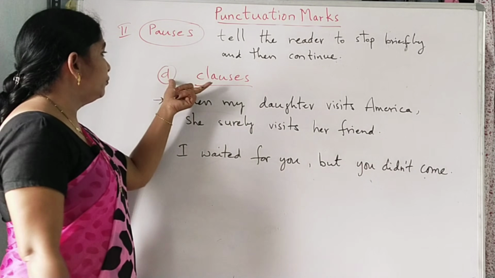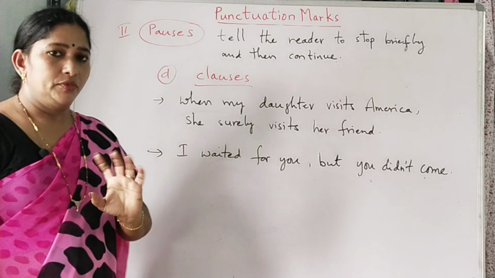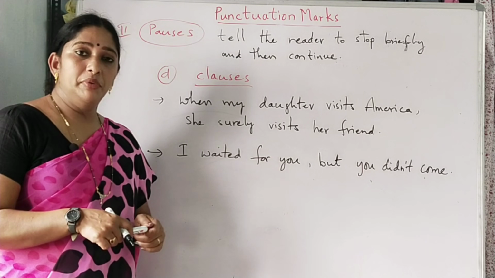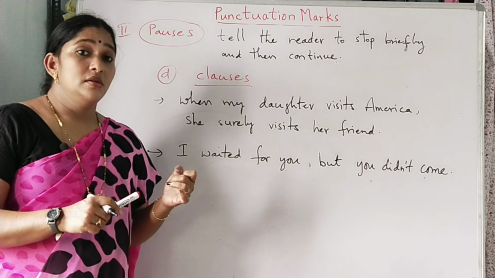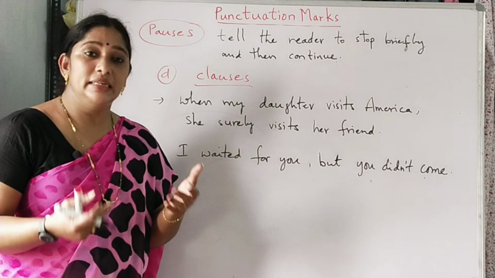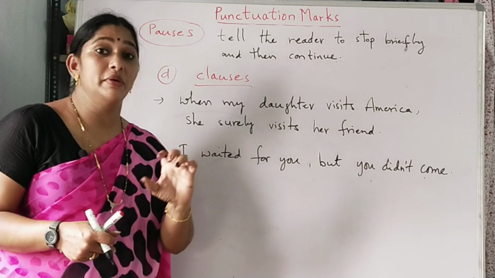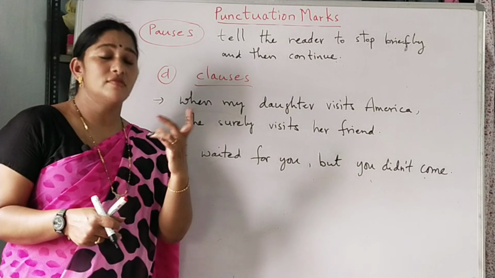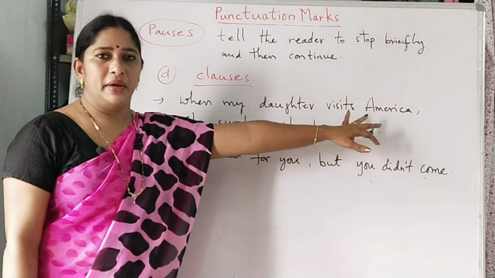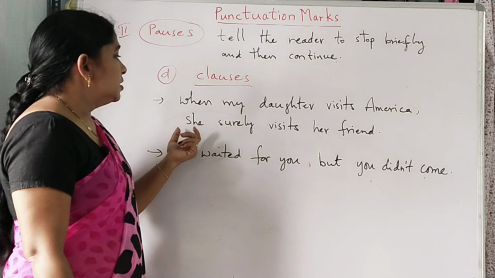Now in the comma, the fourth one is clauses. In the clauses we use comma. I have explained to you in the simple, compound, complex sentences, main clause and subordinate clause. The main clause is the independent clause. The subordinate clause is the dependent clause. It depends on the main clause. It depends on something. So you see here, when my daughter visits America,